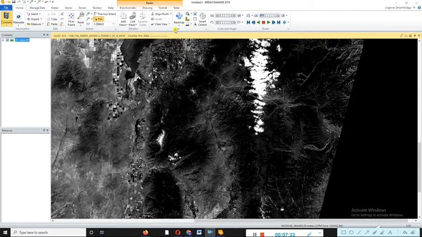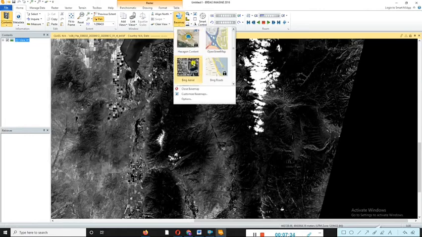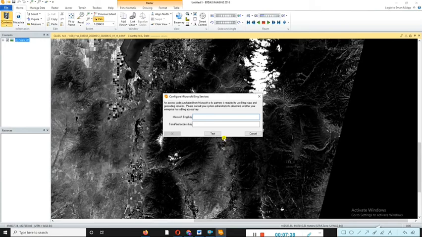Then you can also add the base map here, aerial imaging, but it requires Bing Maps key and Terapixel access key. These tutorials I will cover in the next part.